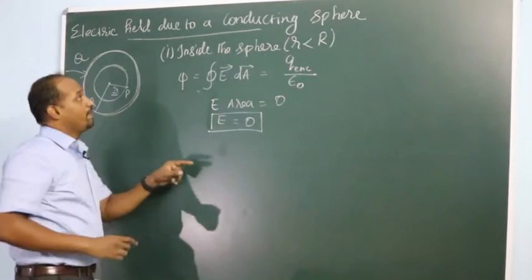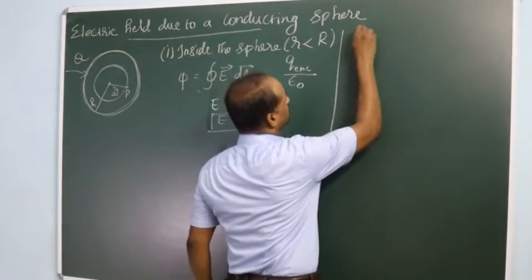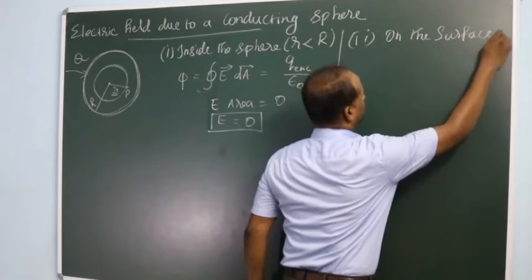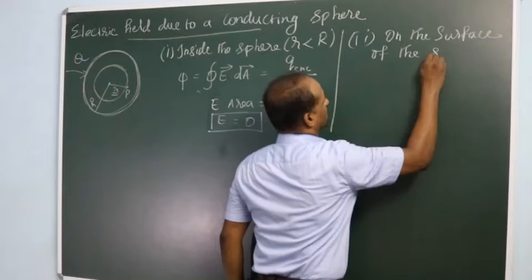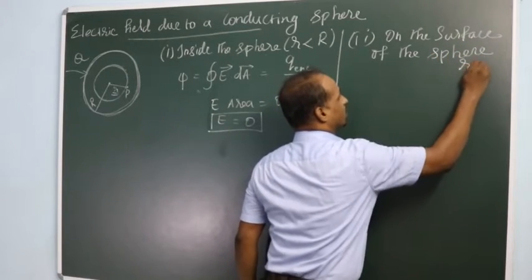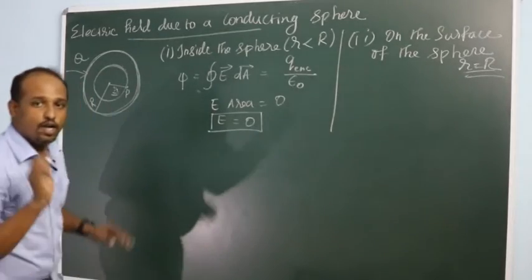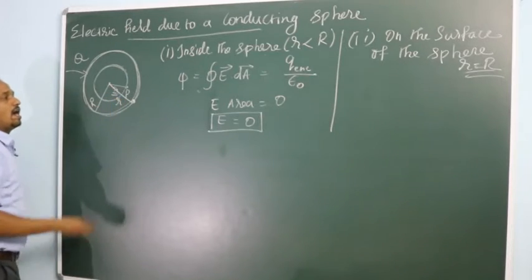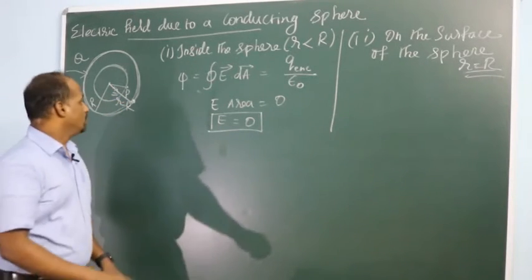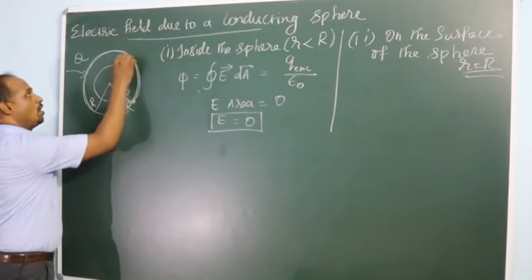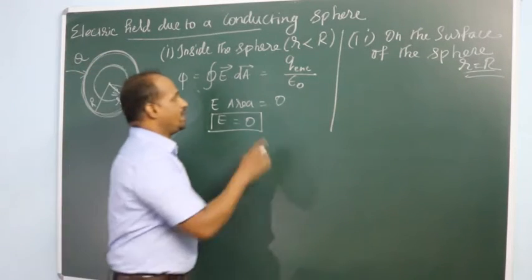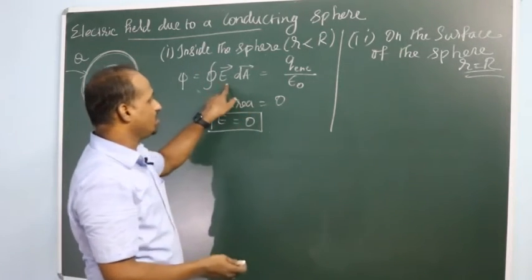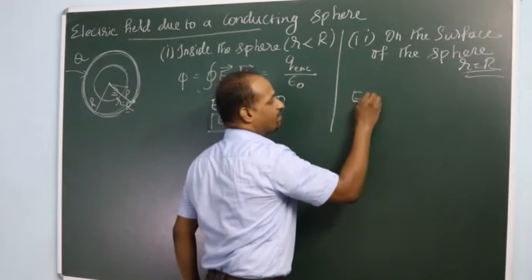Then the second point you would like to find out is on the surface of the sphere. In this case, the distance r will be equal to capital R. You are considering a point on the sphere, so the distance to that point r will be exactly equal to R. Then at a distance r equal to R, all points lie at the surface of the sphere. Then electric flux is integral E dot dA. Here dA is the entire surface of the sphere. E is constant, you can take it out, and integral dA is the surface area of the sphere.